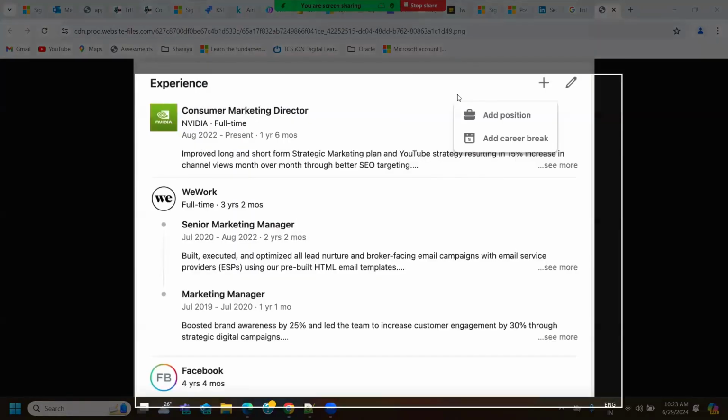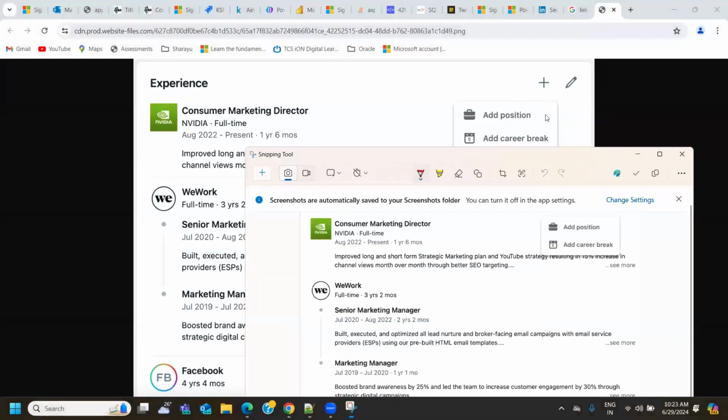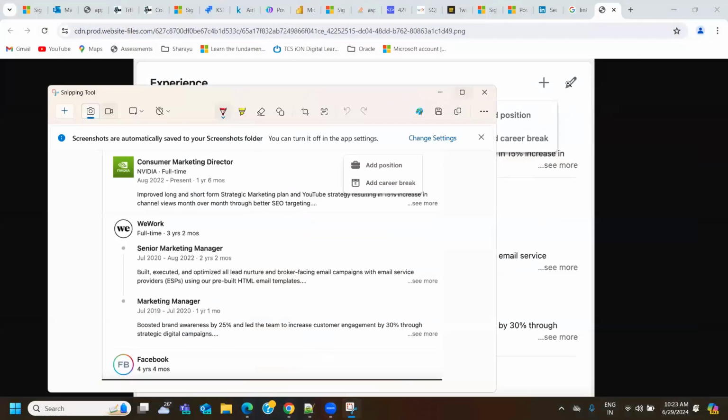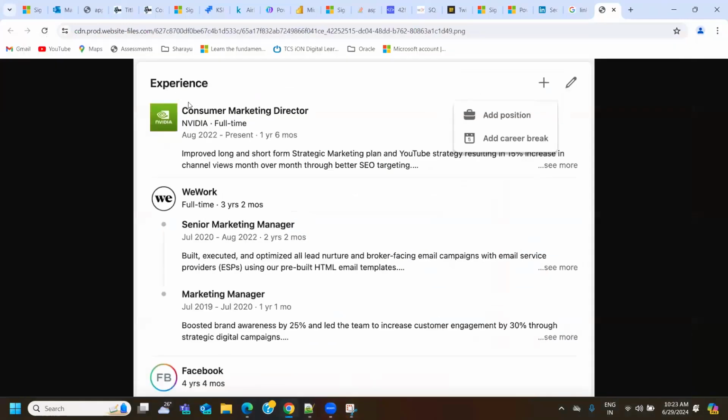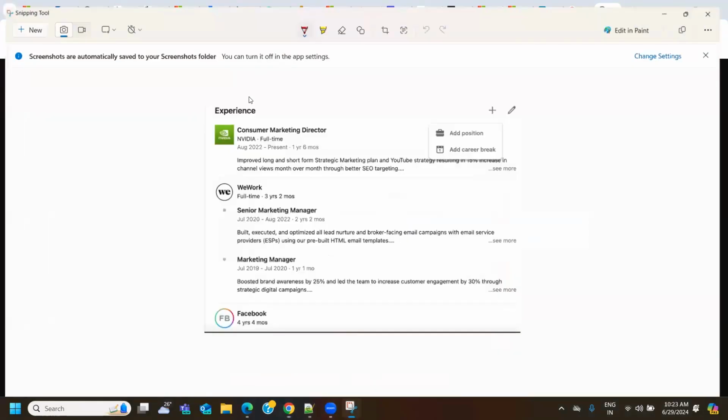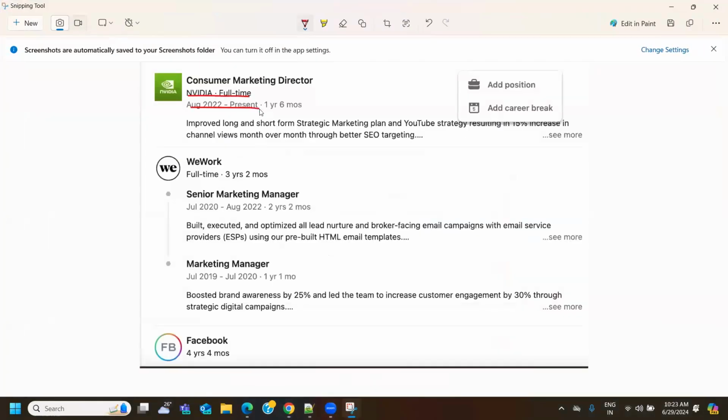And see, every time you'll get this edit option. You have this edit option here. This pencil-like icon is your edit option. Now, company name, this is the first company. This will automatically come, from which date you have started working. If you're a current employee, it will come as present. In the previous company, see, you have worked in two different roles, so mention two different roles.